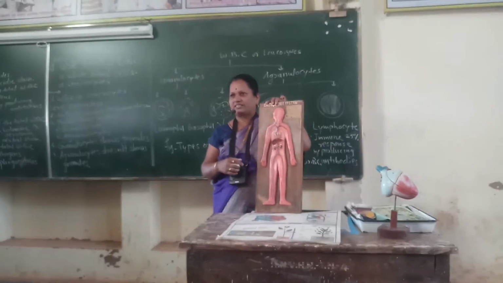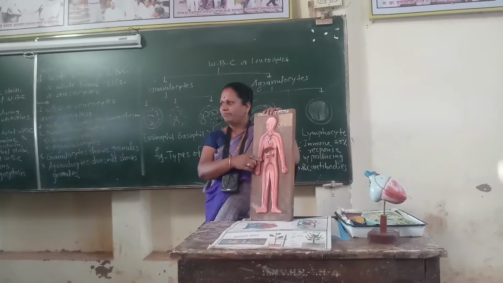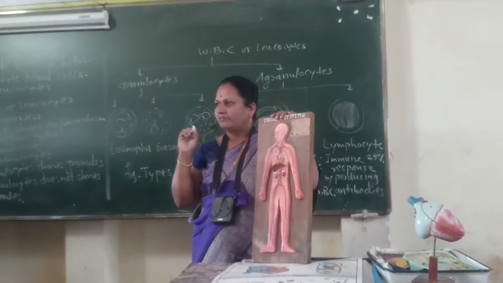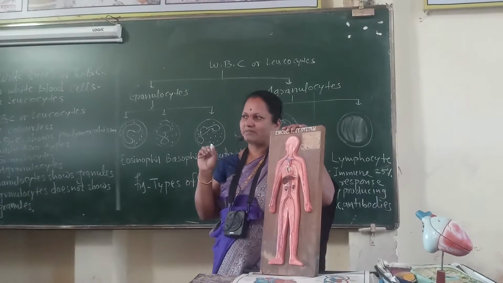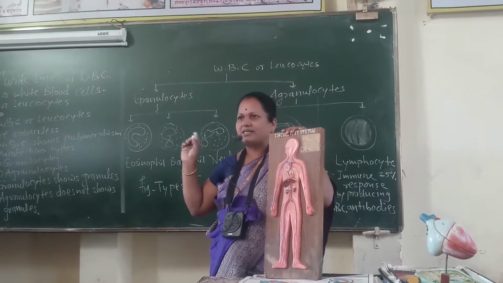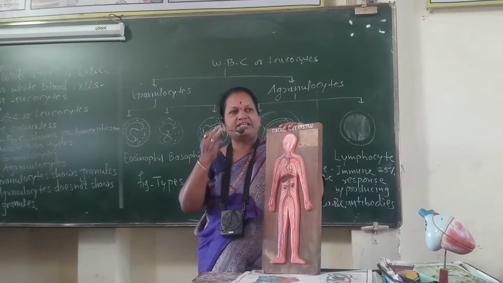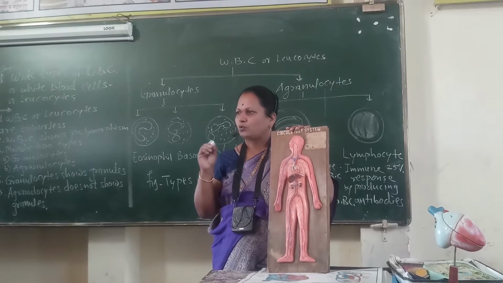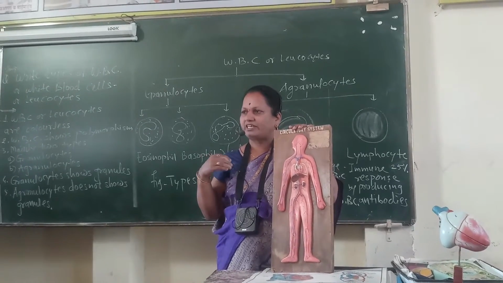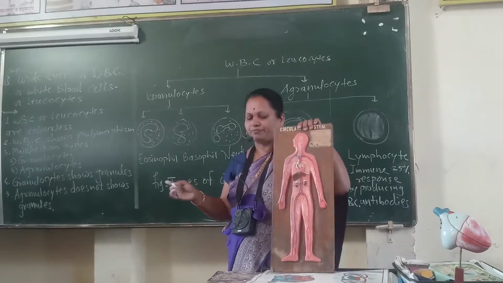Blood circulatory system consists of blood vessels, heart and blood. Yesterday we already saw the composition of blood, that is the plasma and blood cells. Blood cells are of two types, RBC and WBC. WBC is mainly divided into two types. Actually, the human body shows the most important defense system or immune response due to the presence of WBC.